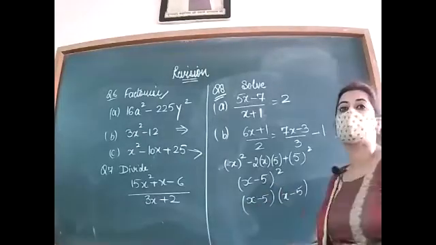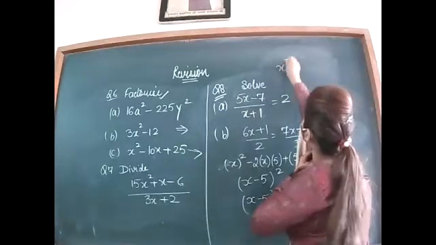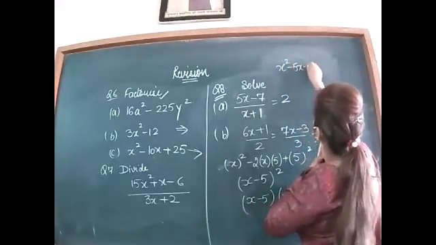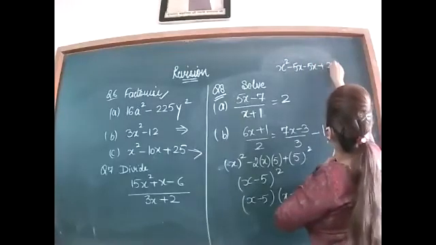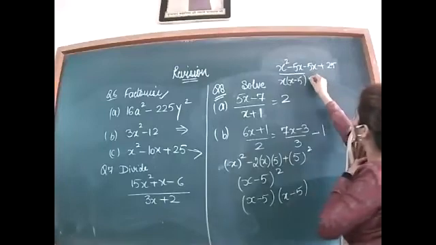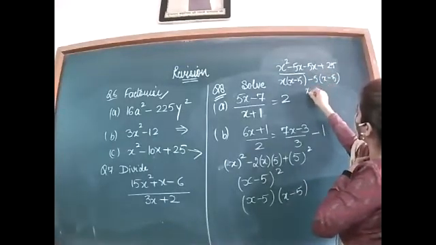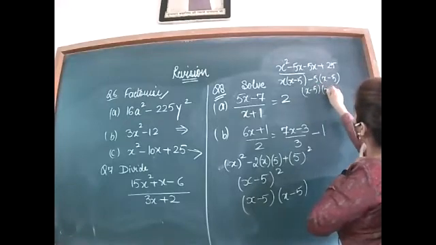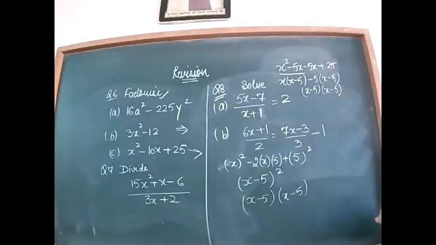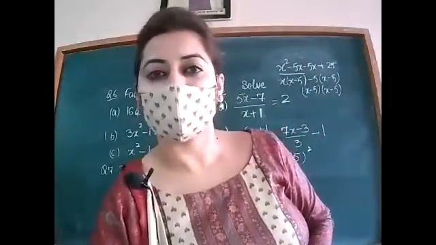Or you can apply middle term splitting also. If you apply middle term splitting, then it will be in this form. Take x common, and from the last 2 numbers, you will take minus 5 common. Answer is x minus 5, x minus 5. Is it clear? So both are the ways, but the answer will be same.